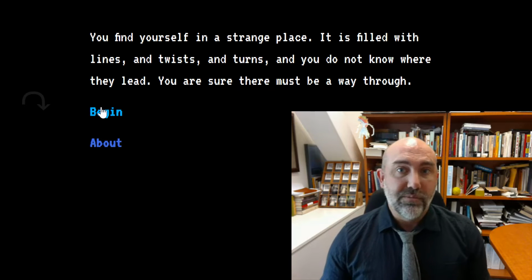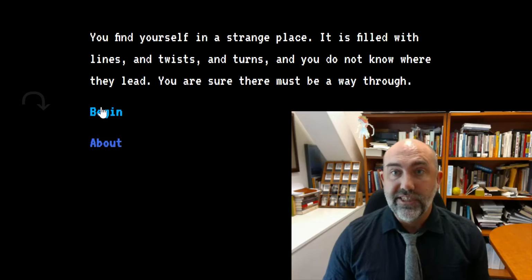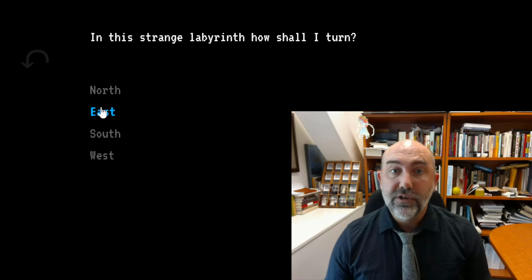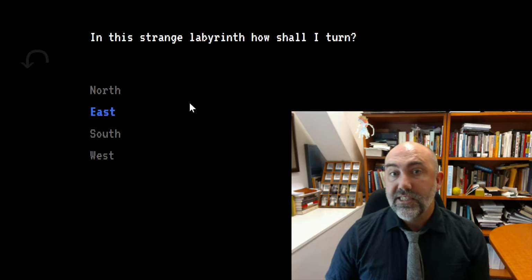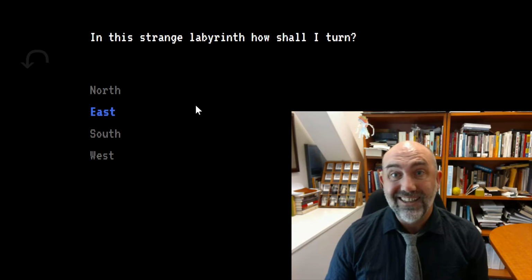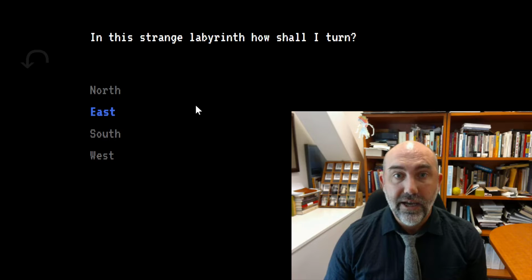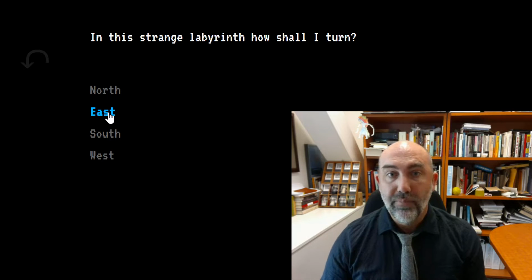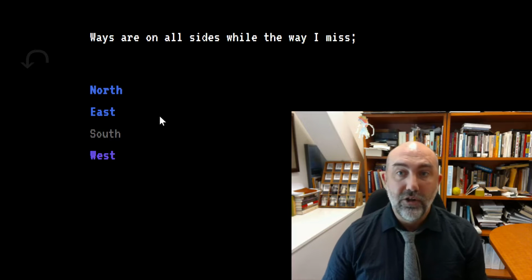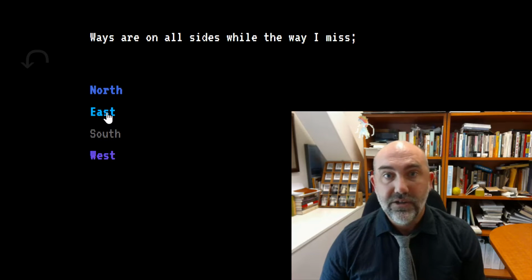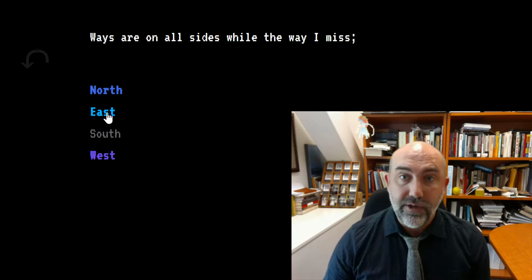The game, which is approaching its final projected version, takes as its cue the first line of Wroth's Corona. "In this strange labyrinth, how shall I turn?" And in the game, the sonnet sequence is spatialized as a labyrinth in which each poetic line constitutes a room or passage. Players are presented with a line of poetry, followed by a list of the cardinal directions by which to proceed through the sequence.